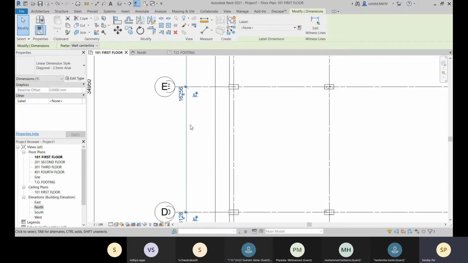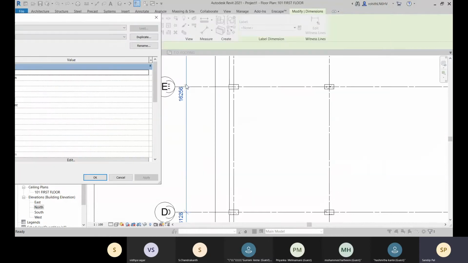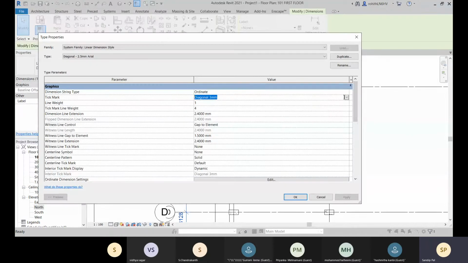So ordinate generally calculates, from the origin, the x y coordinate or x y distance values. Okay, so next go to this edit type now, and here you can see that the tick mark is now diagonal 3 mm. So you can change this.